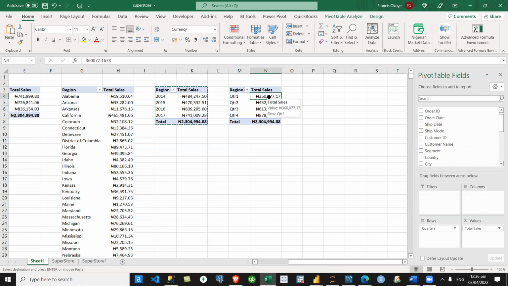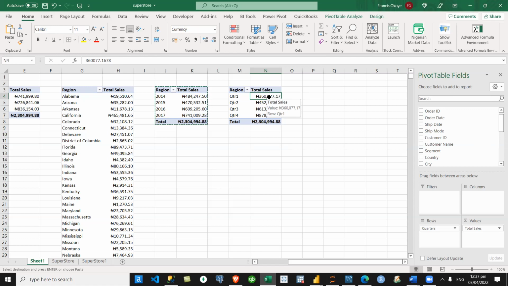No. So instead of adding up the quarters, what do you rather do? What will make more sense to you? You can do year by year.